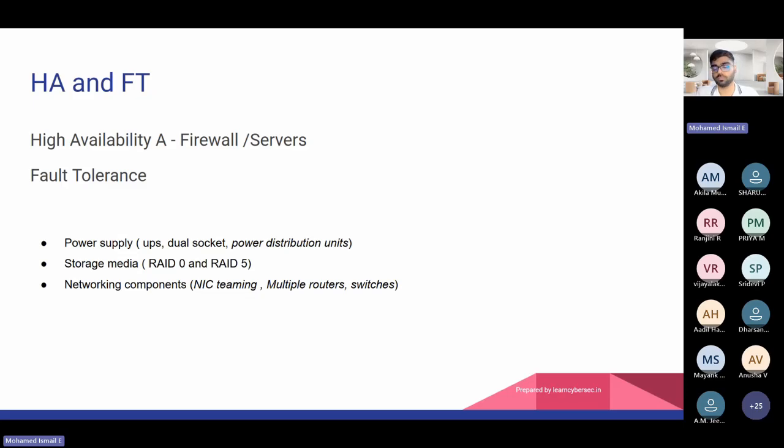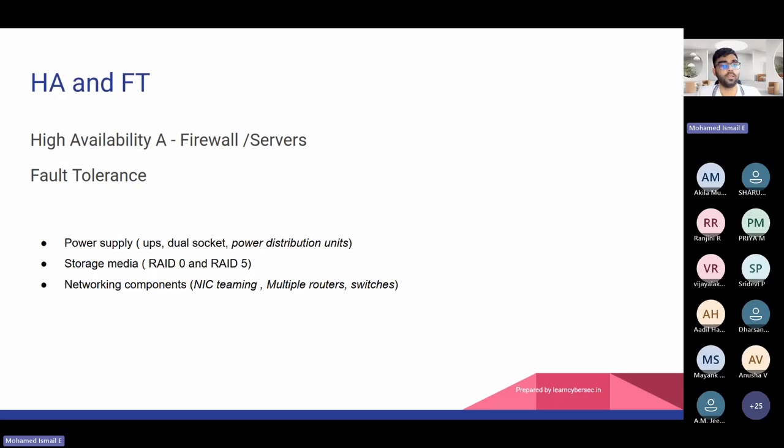This is more suitable in web server scenarios. For example, if there is a website running on a single web server, and a power outage happens on that web server, what will happen? The power outage impacts the web server, right? So there is an outage. If there is another server running the same website content with a load balancer, then if one is down, the other one will take care, right? So whenever you see high availability, that is talking about redundant systems or redundant services to support against outages.